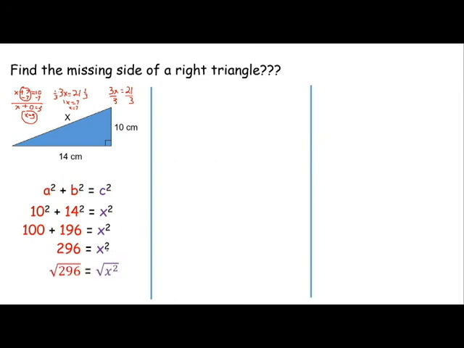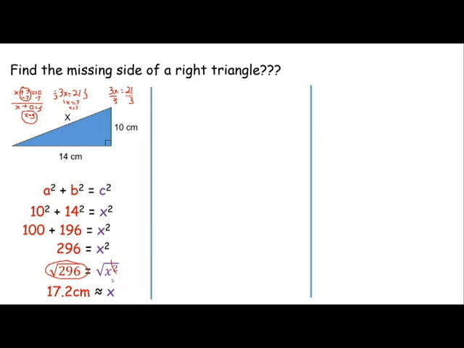So the property of equality says I can do whatever I want as long as I do it on both sides, so I take the square root of both sides of this equation. Squares and square roots undo each other, leaving me with just x is approximately equal to 17.2. Now, in an earlier number sense unit, we did talk about how we could use the Babylonian method to compute this by hand, but for this set of problems, my students are going to be doing this with a calculator. So I would just type in the square root of 296, and then I would round it off to the